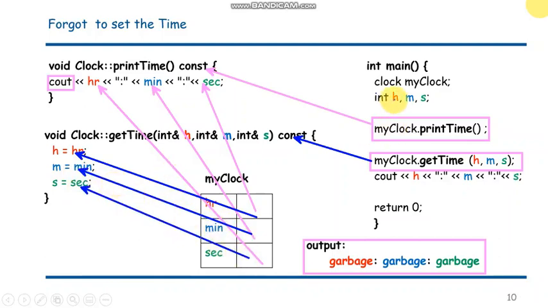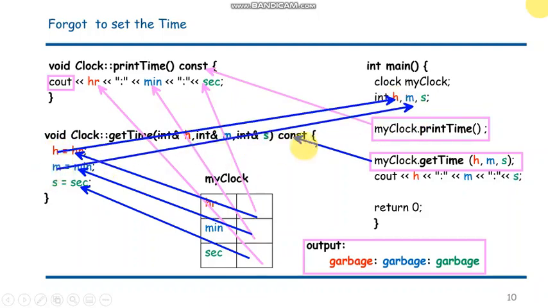When it does that, these values are going to be retrieved to the main program. So whatever was in hour, minute, and second is now being retrieved from the object,